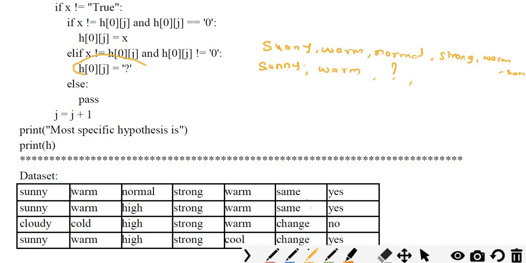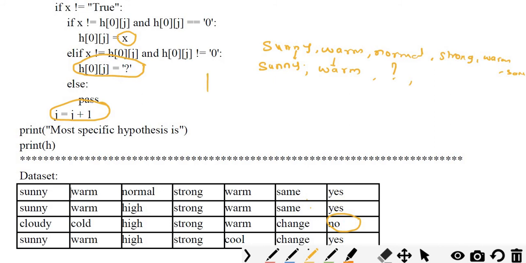Whenever there is a change between the previous value and the next upcoming value in the database, it will be changed to a question mark. Otherwise we have to keep the same value as it is. X is nothing but the same instance value. So sunny is kept as sunny, warm is kept as warm only. Like this we have to check for all the values in the data set, and we should not check the negative data set. Please remember that. This FindS algorithm will not work for a negatively classified data set; we only have to take the positively classified data set.